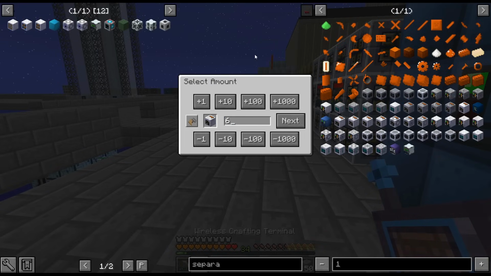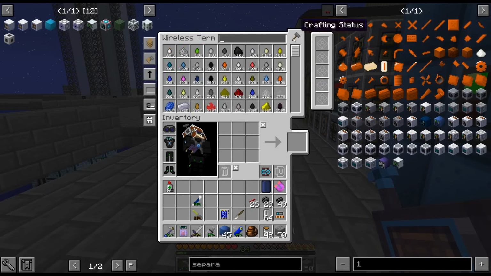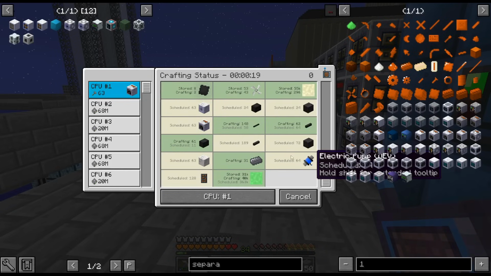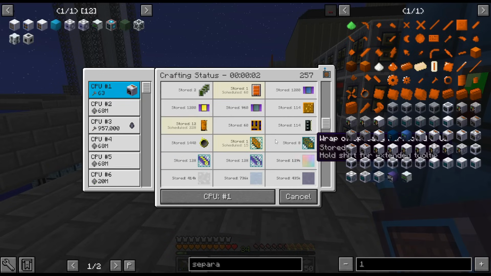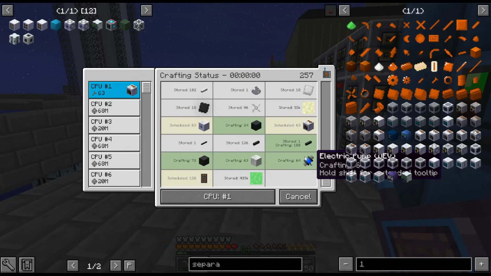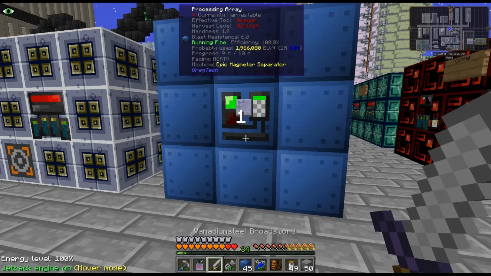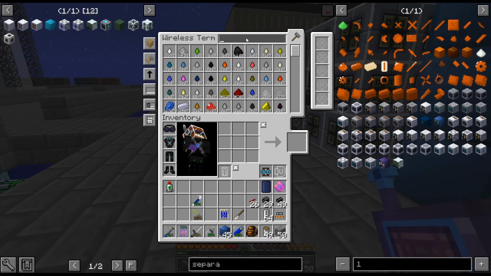We'll craft... We need 63. I don't know... we should be fine, actually. Because we need Tangum for the circuits, but I think we have plenty. I do love when everything just works correctly. Alright, cool. So we'll add all of those, and that should hopefully...